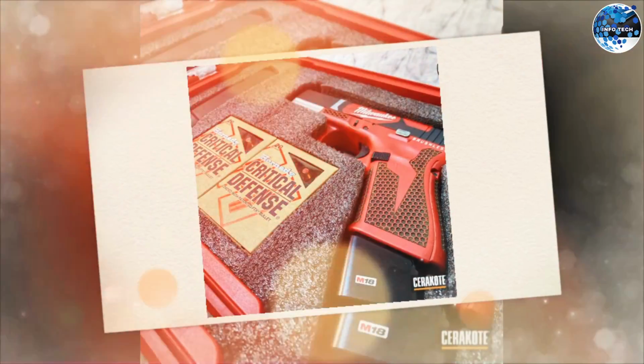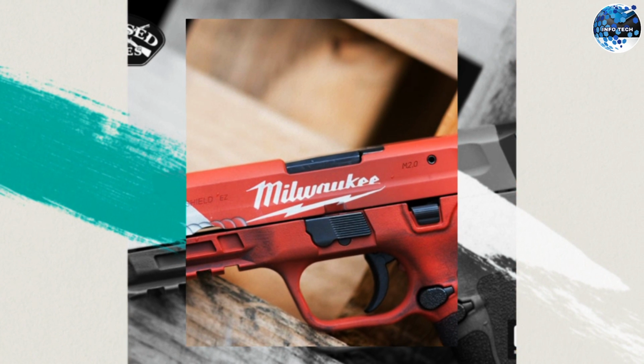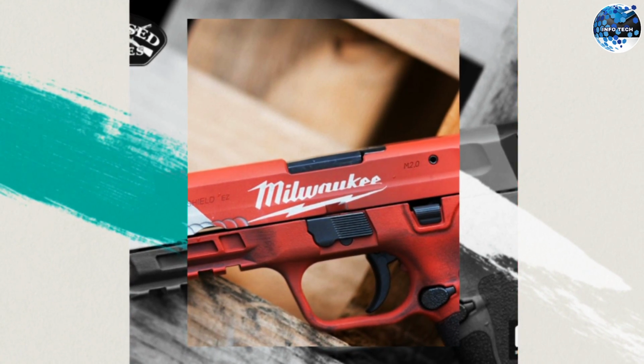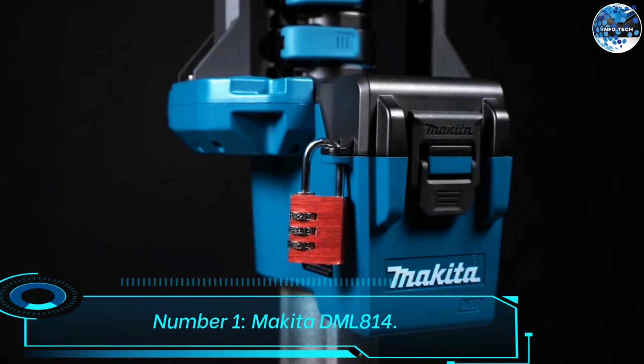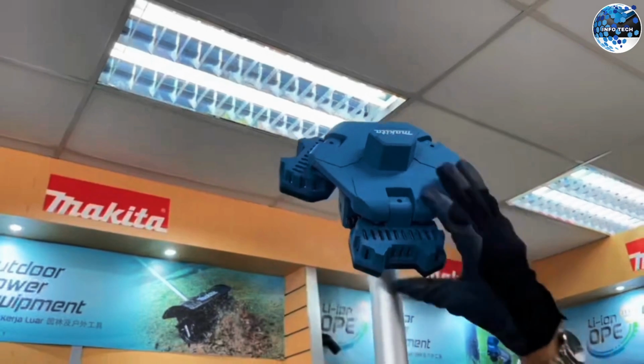Whether you're a gun enthusiast or a fan of Milwaukee's tools, this unique creation offers a fantastic opportunity to embrace your passion while getting work done efficiently. Number 1. Makita DML814. Finally, we have the Makita DML814, a powerful battery-powered light that's perfect for both home repairs